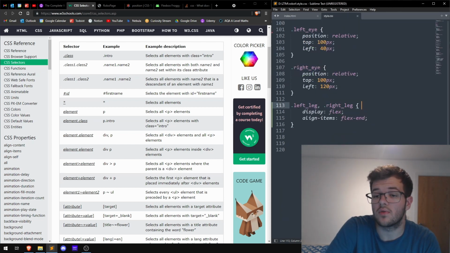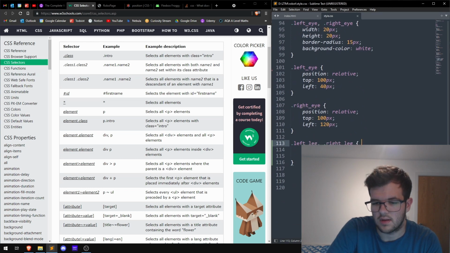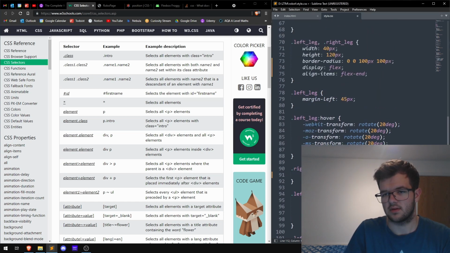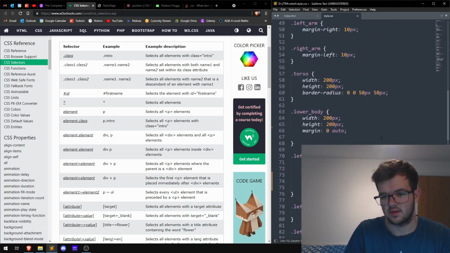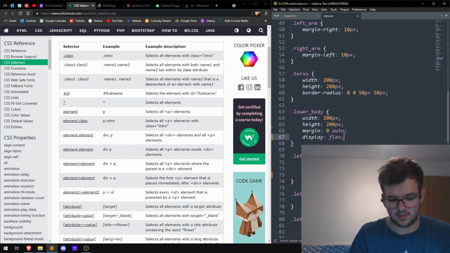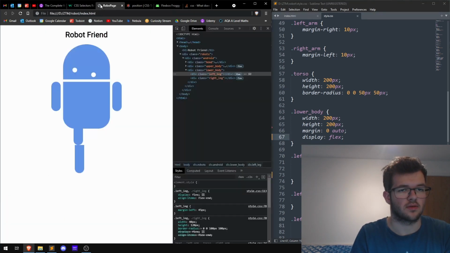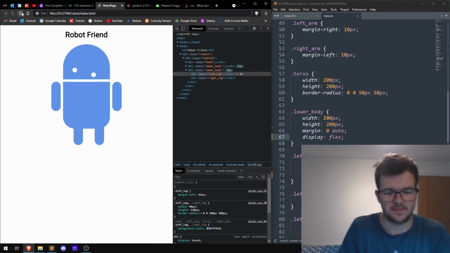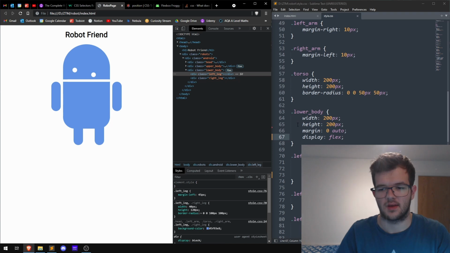I think I know. I shouldn't be doing this to this, I should be doing it to the lower body. Left leg, lower body. And giving this display flex, and yes, I don't want to be giving it to both of them. I need to be giving it to this one and then in theory that I should put it. Yes, we're cooking with gas. And now